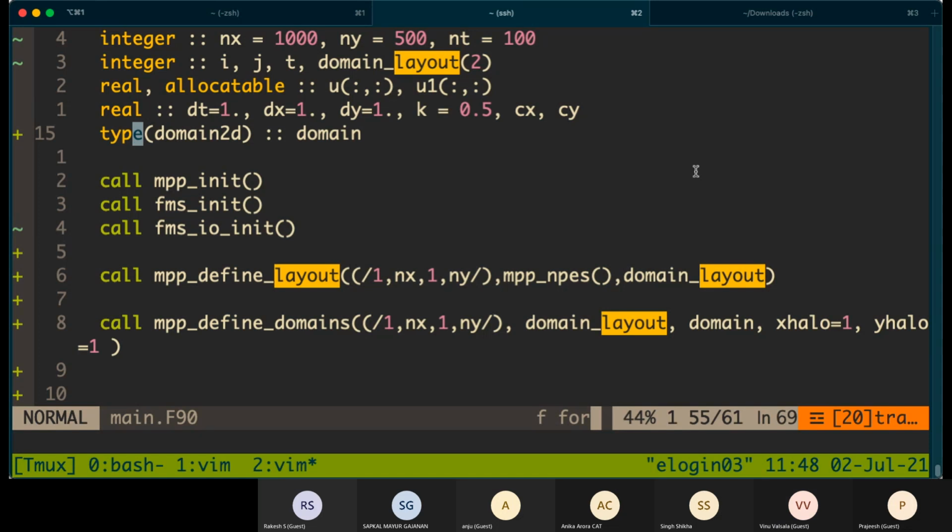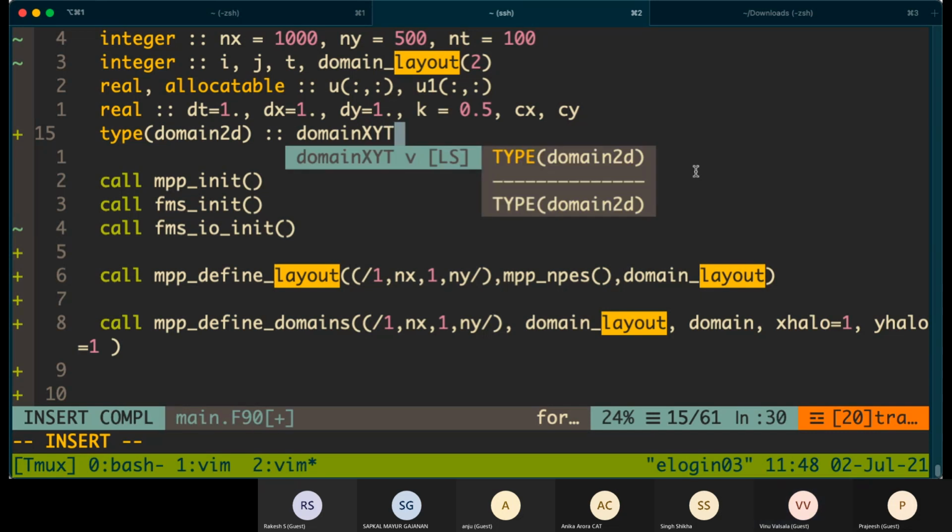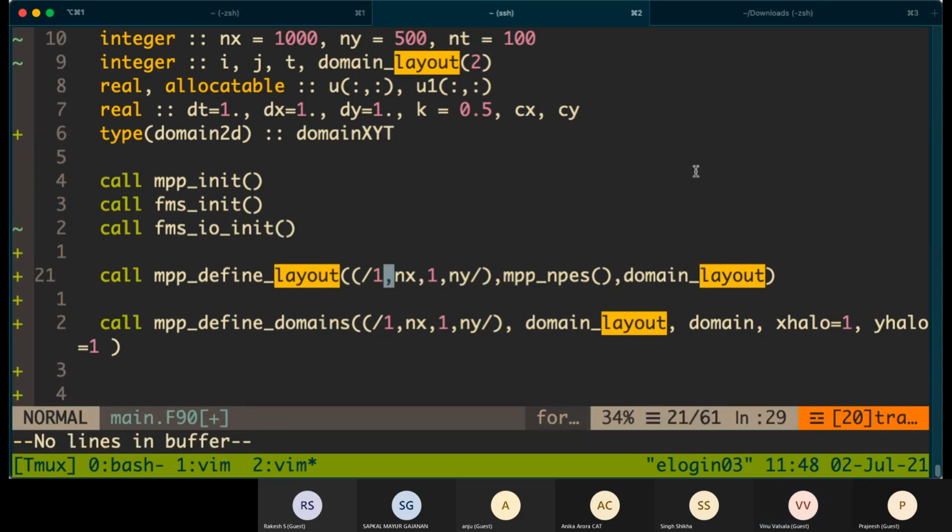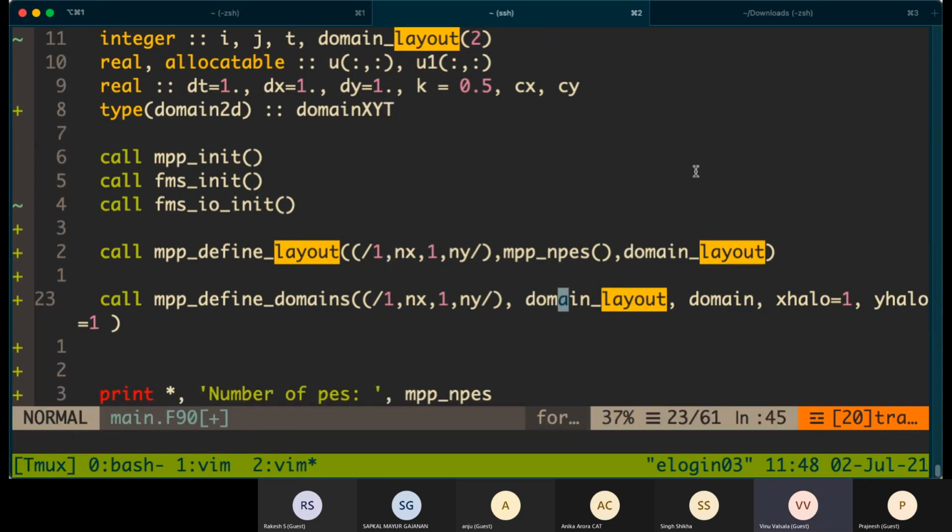So domain will be a variable which is of type domain 2D. It's a derived data type. This variable name can be anything. If you want to put something else, you can, no problem. You just have to use the same name here.